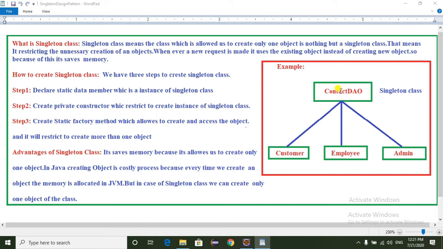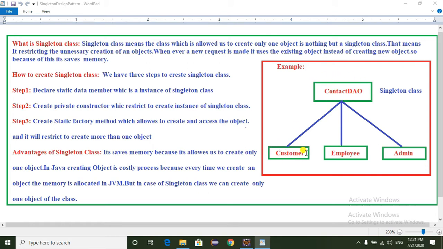Here we have a class called Contact class. In this Contact class, we have different methods. For example, in my project, I have a Customer class, Employee class, and Admin class. Suppose the Customer class tries to access one of the methods of the Contact class.